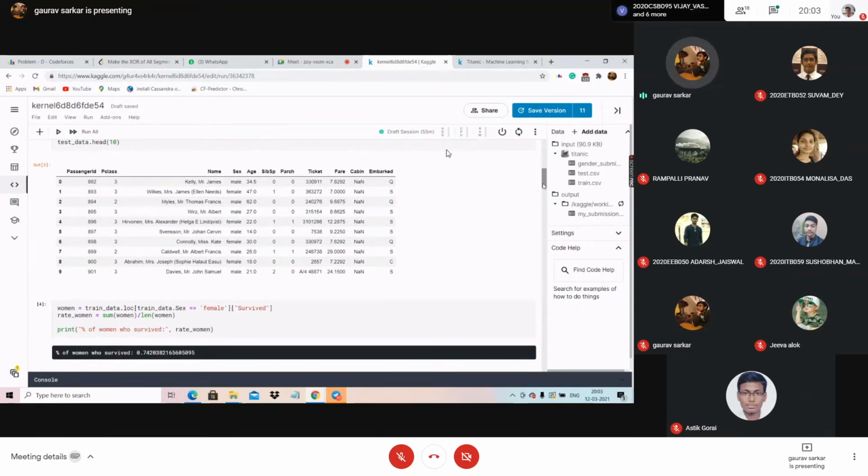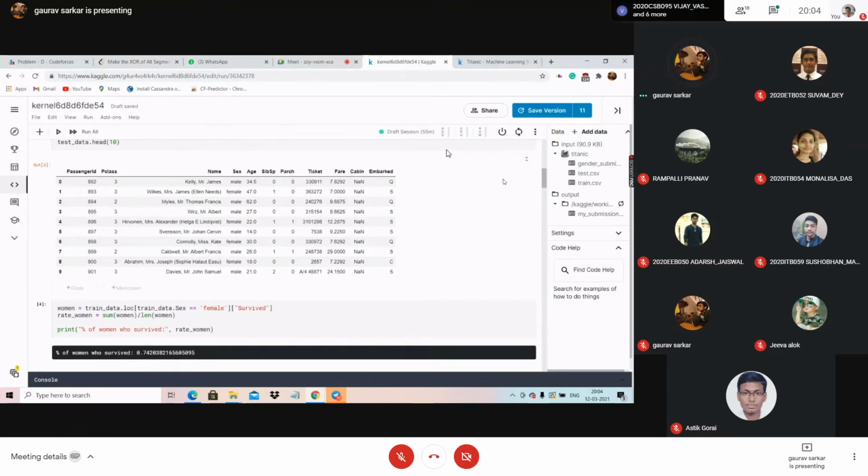Now someone can tell me, if you are given a data set where you are seeing that the death rate is biased towards women, like more women are dying, can you predict that all women would die? Can you say something like that based on just observations? We can just say some die. We can't say all. We can say some die.